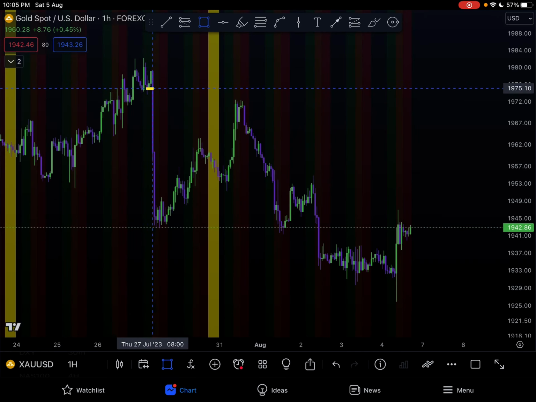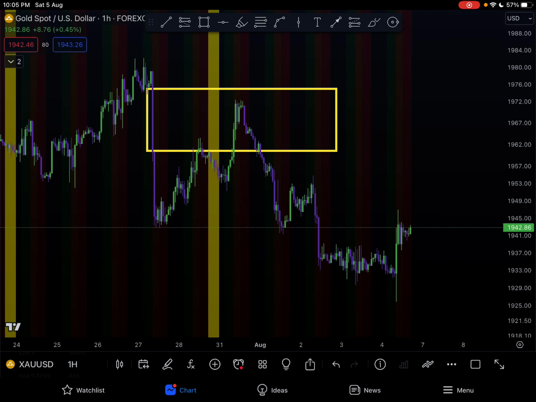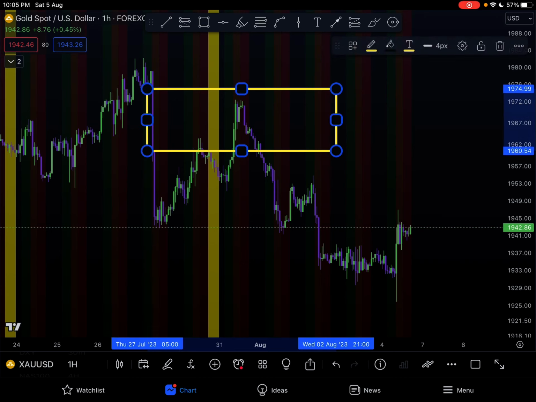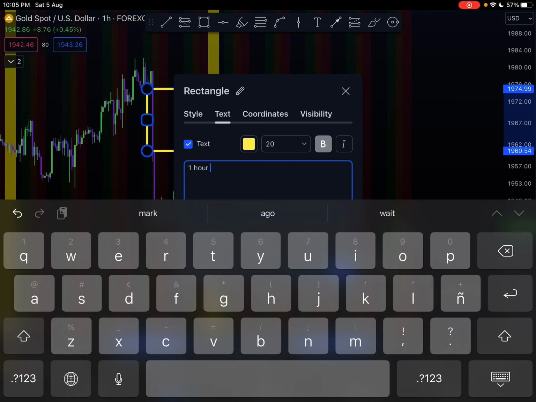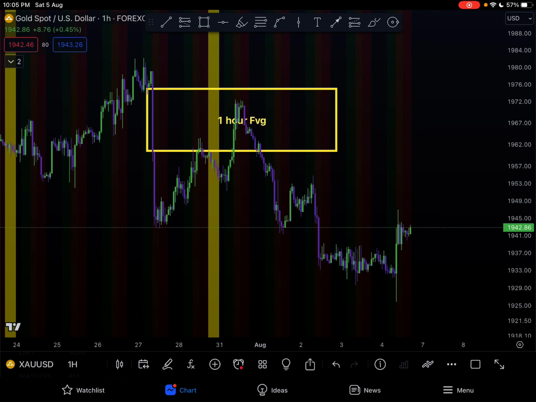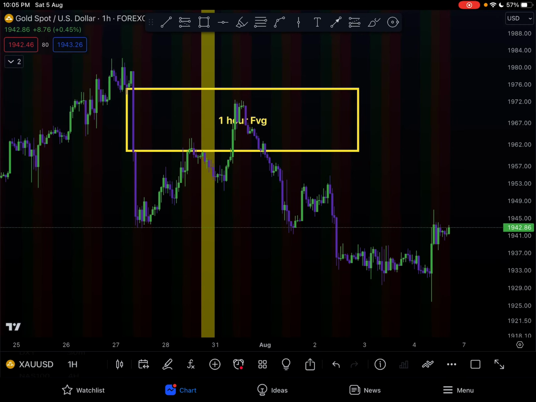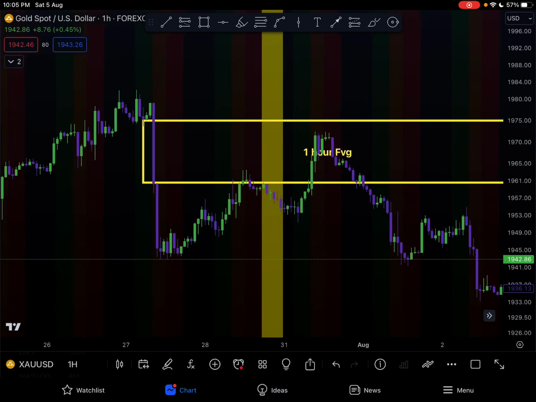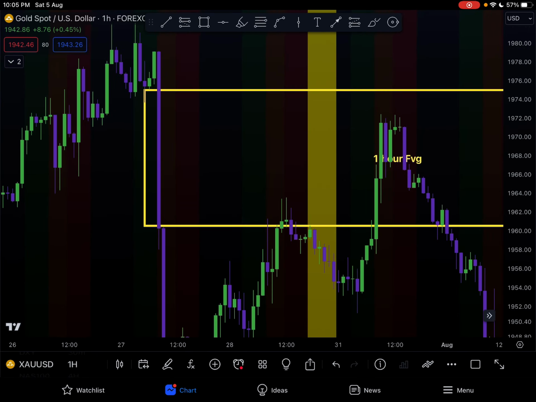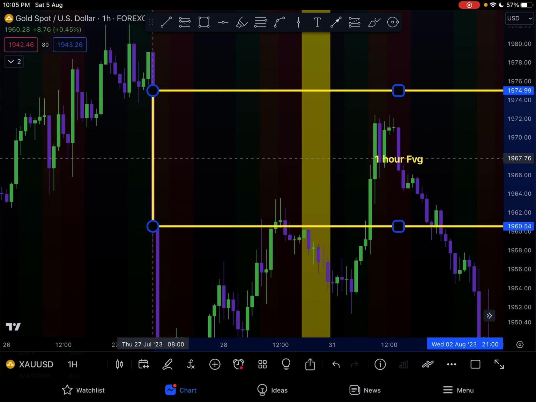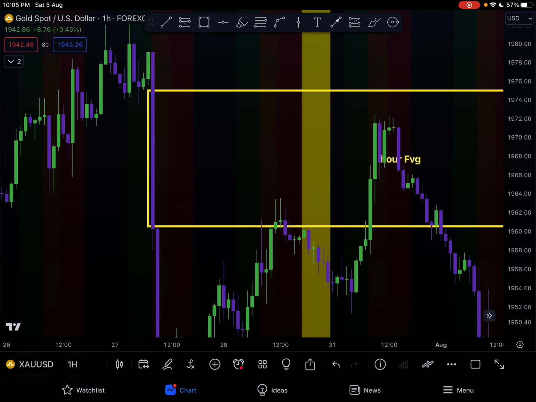And remember, just how we did the last example, we started on a higher time frame and we went down. We're going to do the same thing, but we're going to start from a lower time frame. So on the hour chart here, remember, annotate it for yourself, make it easy: 1 hour fair value gap, it's time frame specific. So we're going to label it like that. That's the only reason why I have this here, just because of that imbalance. Yes, I understand it's drawn incorrectly. Whatever.